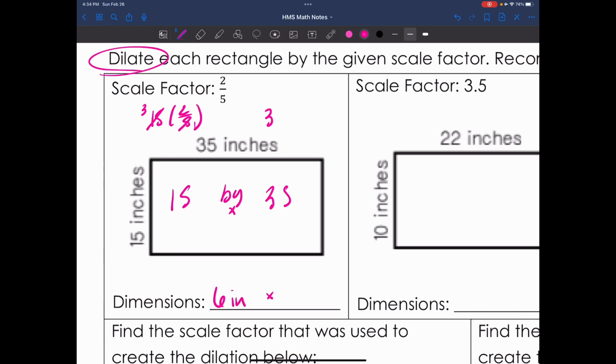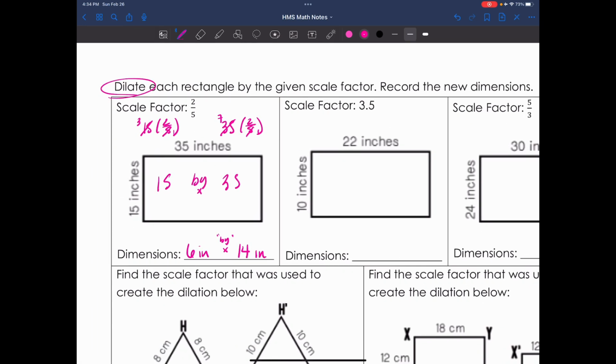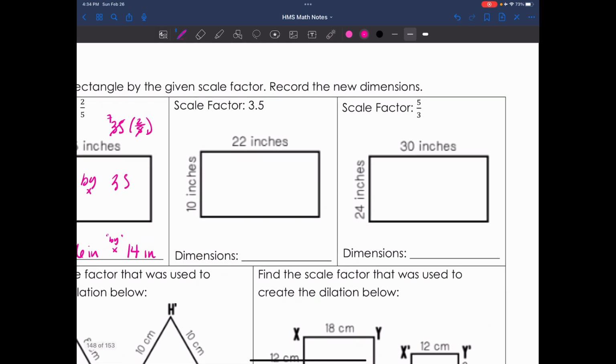Same thing with the 35 times 2/5. I'm going to reduce it. 35 divided by 5 is 7. 7 times 2 is 14. And again, this is 6 inches by 14 inches, is my new rectangle, which is much smaller because 2/5 is smaller than 1. Less than 1. Cool. I'm going to have you guys try the next two on your own